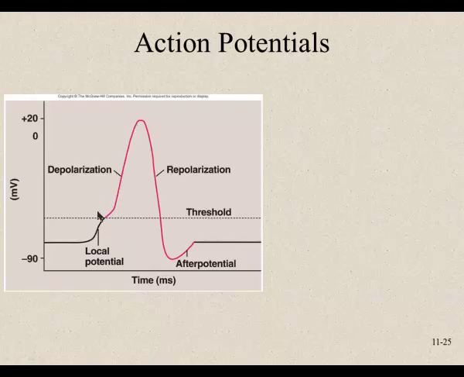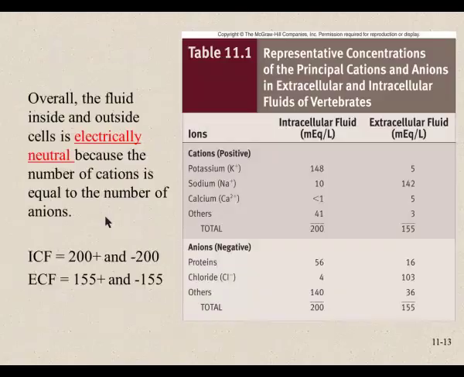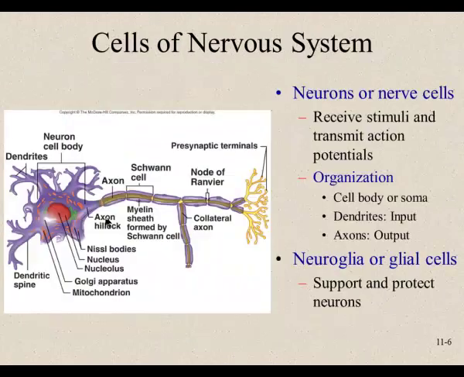And the axon hillock, if we go back and look at the structure of a neuron, is right here. So out here in the dendrites, we have specialized sensory receptors that have special sodium channels that open in response to a stimulus. And if we get enough sodium flowing into the cell, that positive charge will be enough to reach threshold, and at the axon hillock is where we see a concentration of these voltage-gated sodium channels, and that will result in a -55